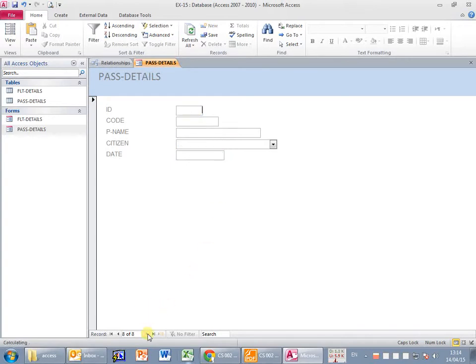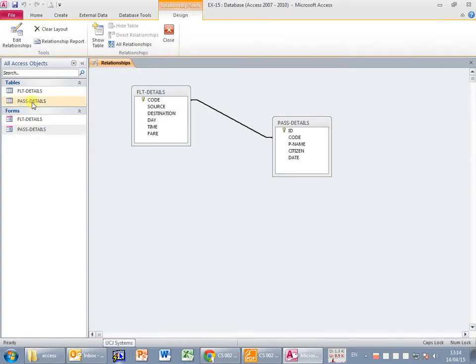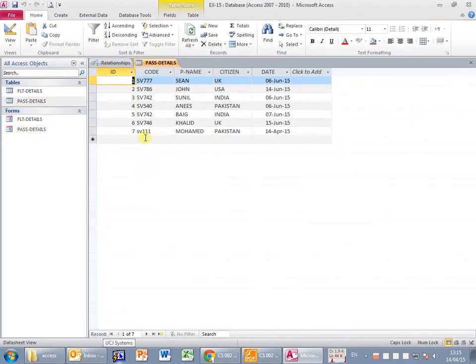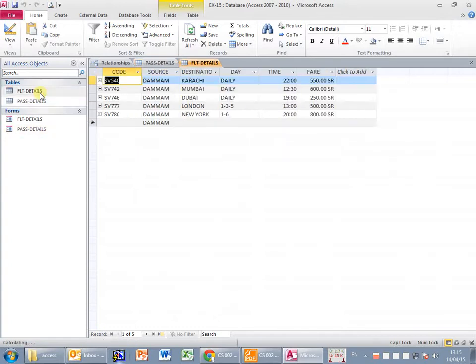Is it okay? Yes, go, continue, and then I have something which is really weird in my database right now. Let's have a look at the table past details. I have a passenger that is going on a flight that doesn't exist,